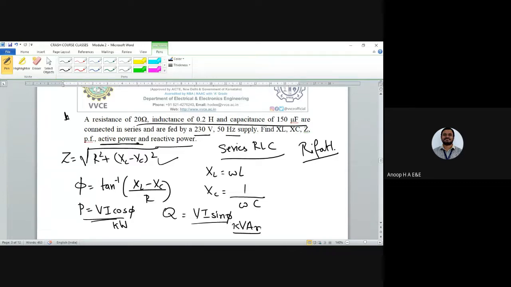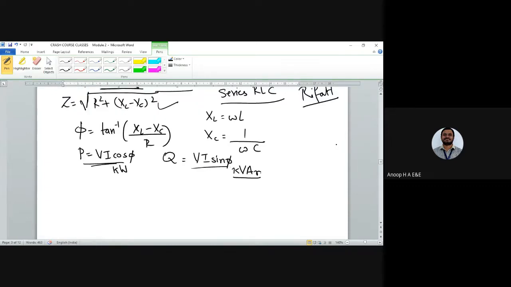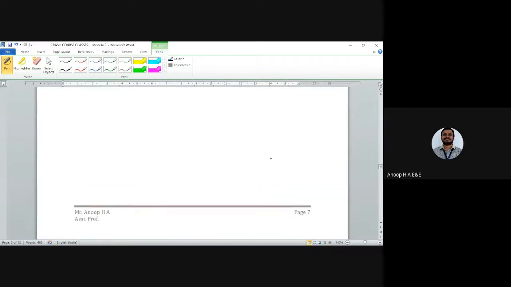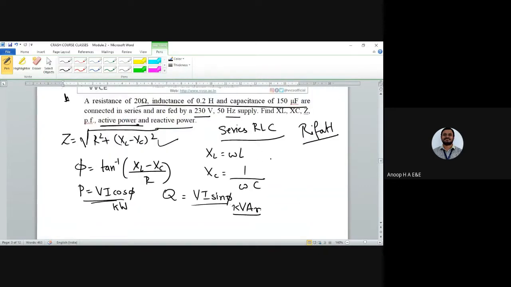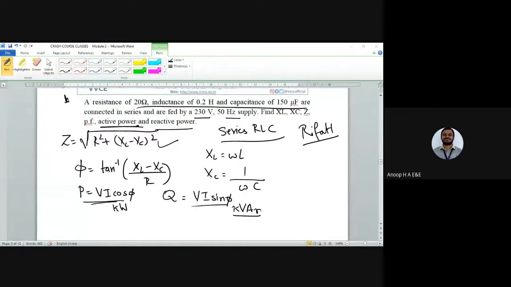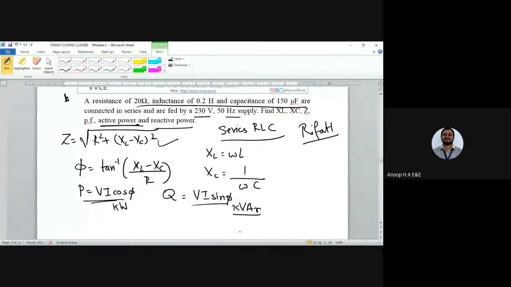Because all these problems have been given as lecture notes in your class, you have to go through them, study the concepts, and note down where you are making mistakes. Okay, got it? So this is how you will be solving certain numerical problems and finding the solutions. Fine. So Rifa, are you there? Yes, sir. Okay then. All these types of problems you can solve, and the question bank will be shared. I think I've already shared it also.